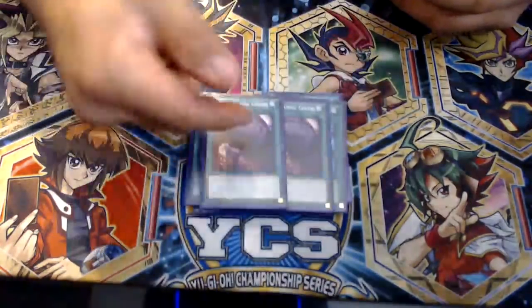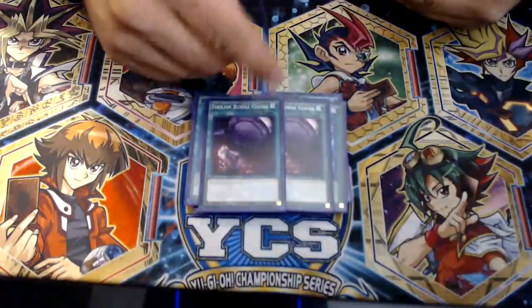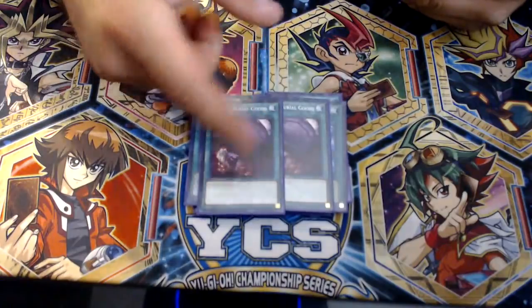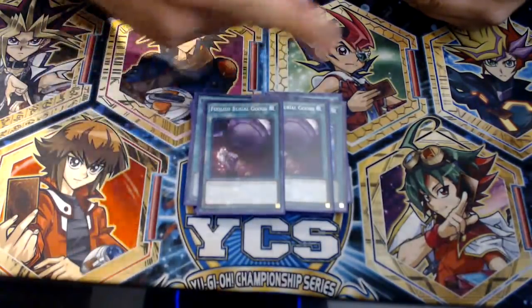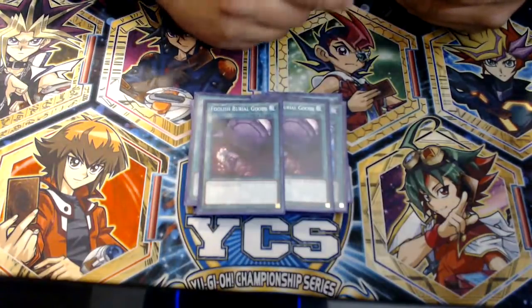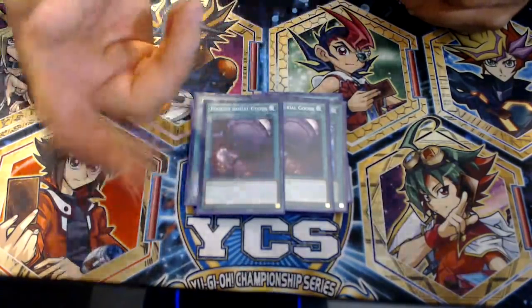Next up, another good 2 if we run Foolish Burial Goods. You run it at 2 because it's a hard once per turn. You use this to bury your Toy Vendors in order to search out a combo piece that you need in order to go off. If you've got too many Toy Vendors, or if you got this in your hand and another Toy Vendor,